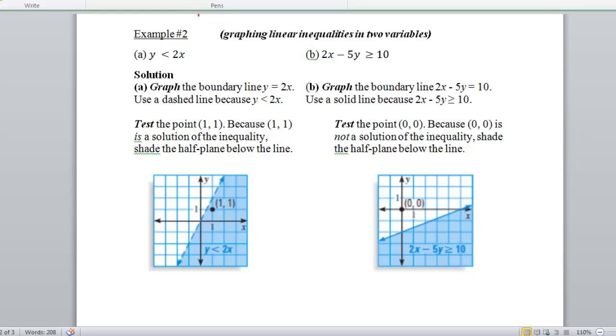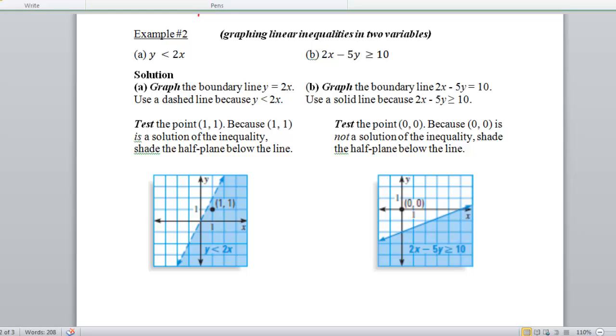In the next set of examples for graphing inequalities, we are now going to be working with inequalities that have two variables. Now, just because we change from one variable to two variables does not mean that the process changes. We're still going to go through our 4 steps. And in the process of doing this, we will end up creating an inequality, but this time without horizontal or